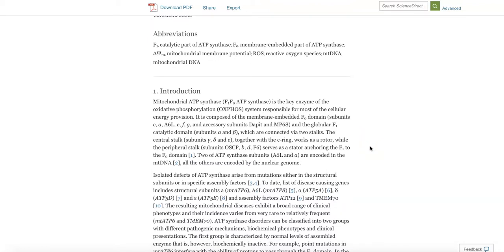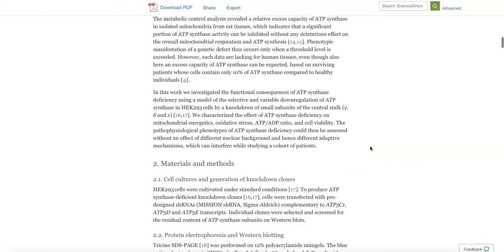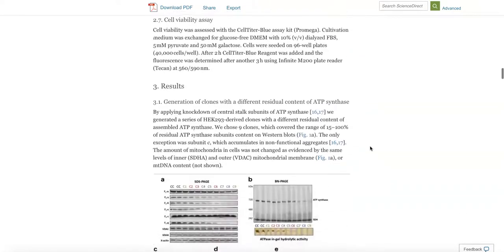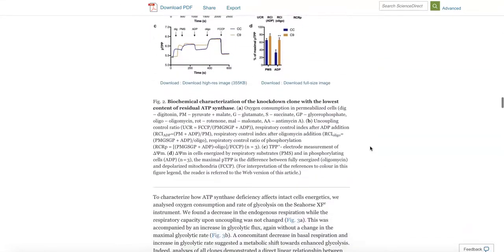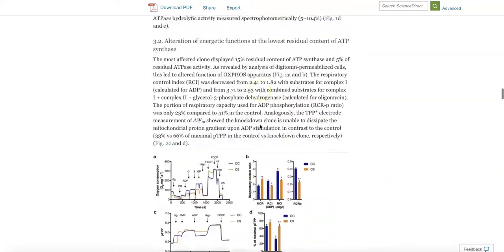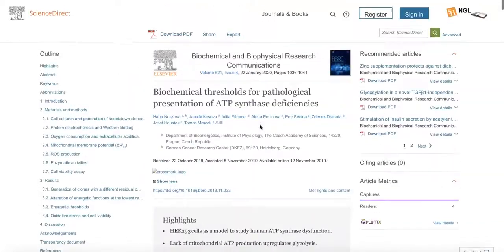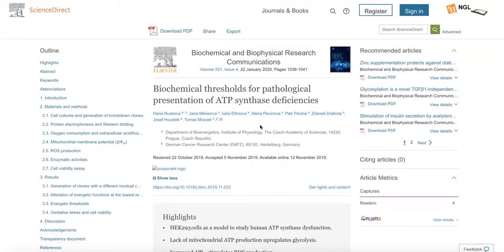And then it not only talks about just those mutations, but it talks about other ones as well that I want to emphasize. That's it. It talks a lot about the deficiency, the consequences, and the different mutations, which I think are interesting, and I want to include them in my research paper.